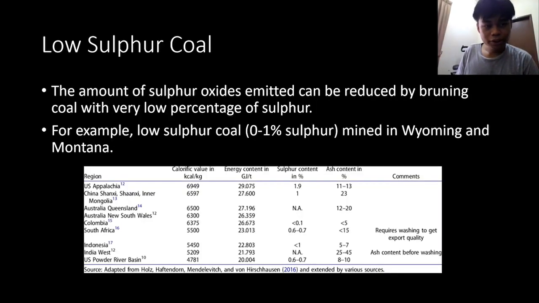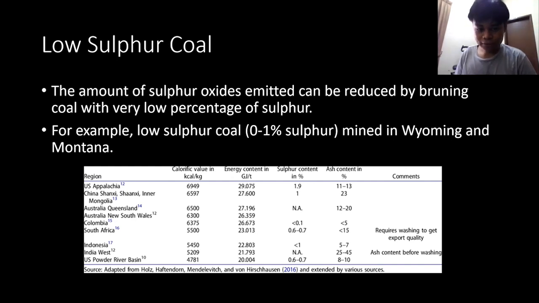So the last solution is using low sulfur coal. Since we use coal in huge industries, in fact in most factories, we burn coal to get energy and to do many things. So if we cannot cut off the usage of coal, we can always use low sulfur coal. The amount of sulfur oxides emitted can be reduced by burning coal with a very low percentage of sulfur. For example, low sulfur coal, which only contains 0 to 1% sulfur, is mined in Wyoming and Montana